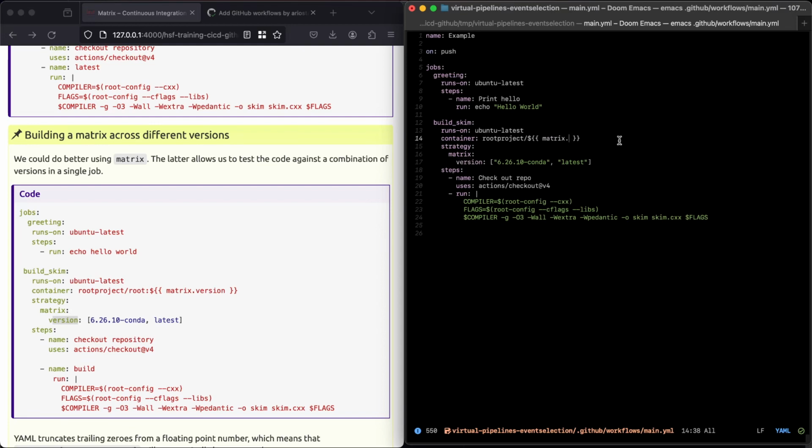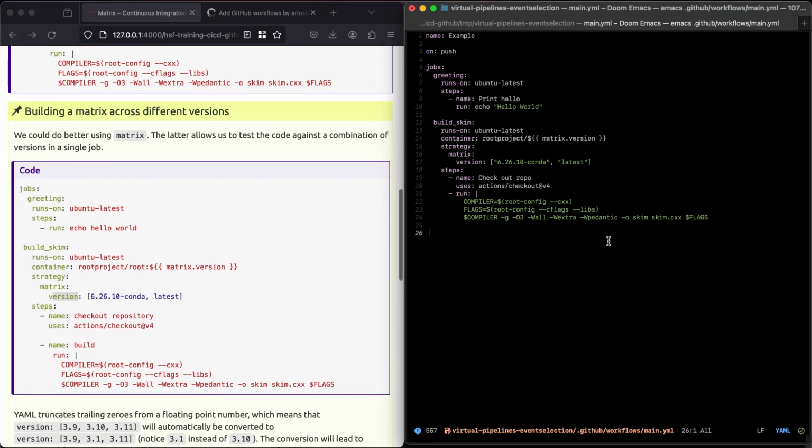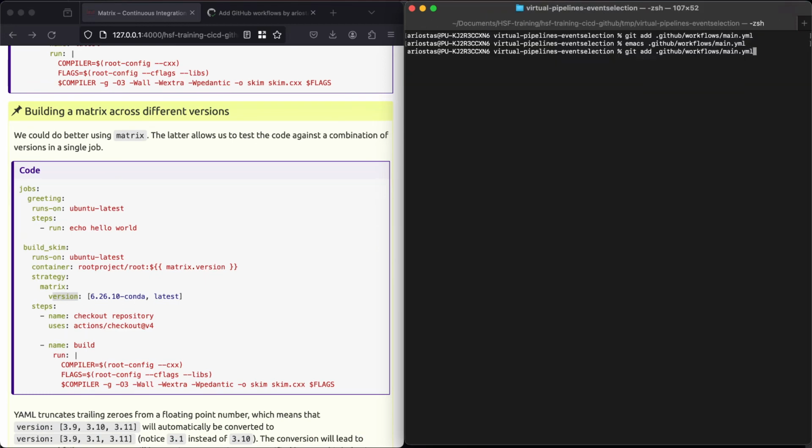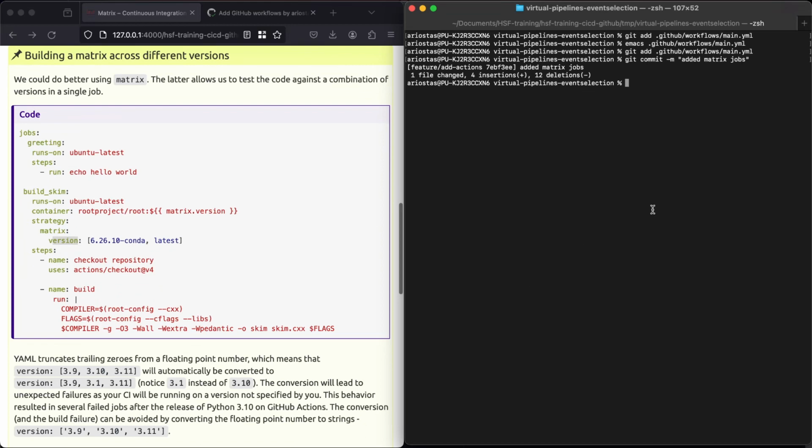So in our case it's going to be version, like this, and that's it. If we save this file and then we add it, we make a commit, and we push,